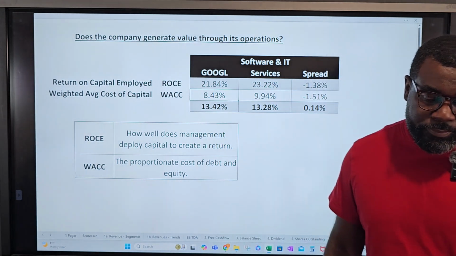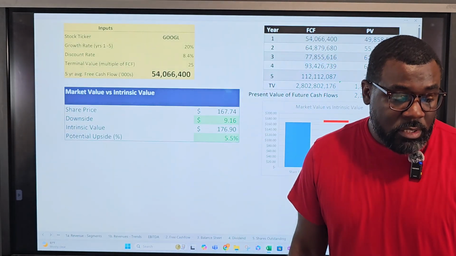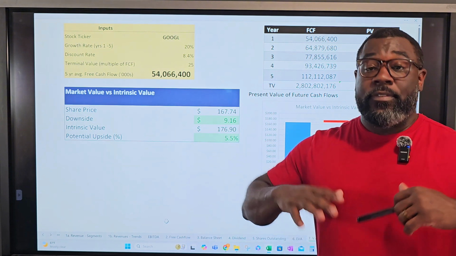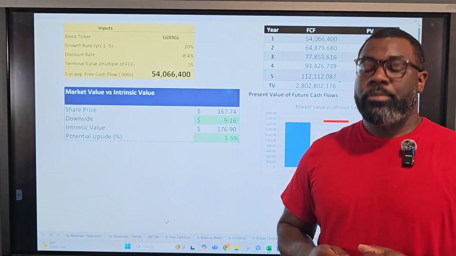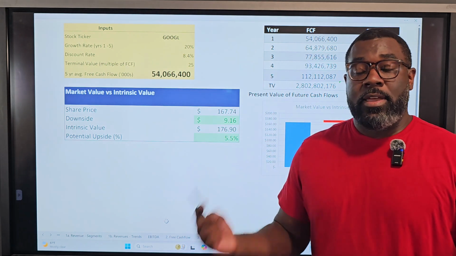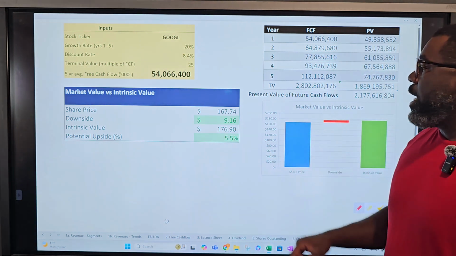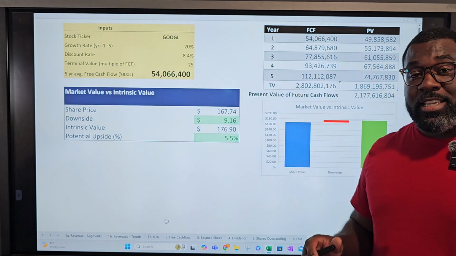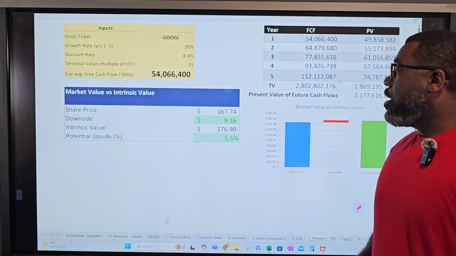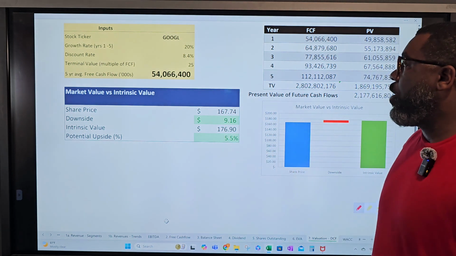So that's solid. So this is a first for a business that I have analyzed so far as one of the only businesses that I've seen that have been either fairly valued or slightly undervalued, depending on how you look at it.